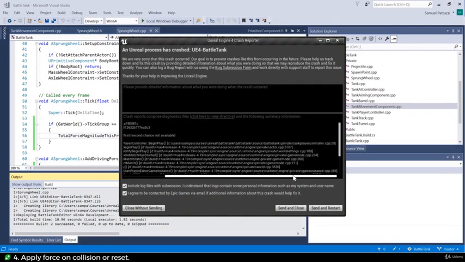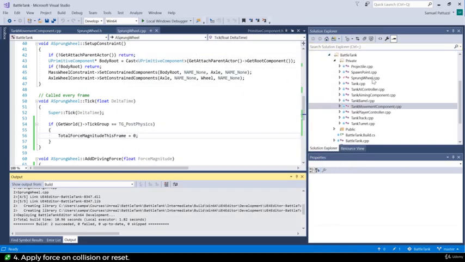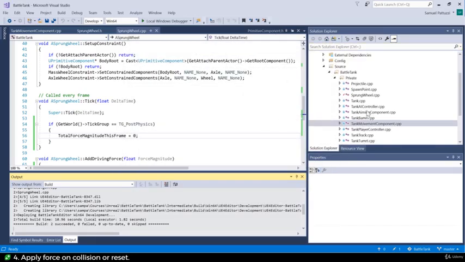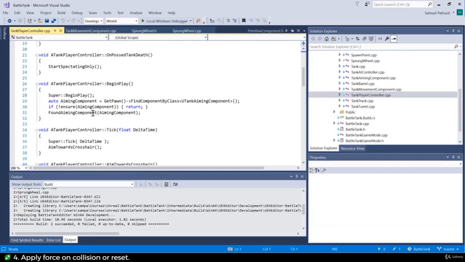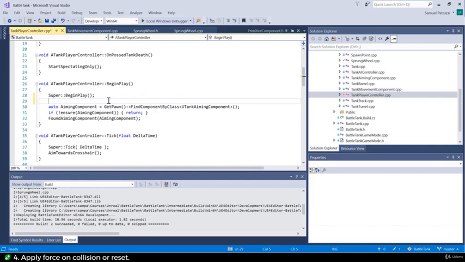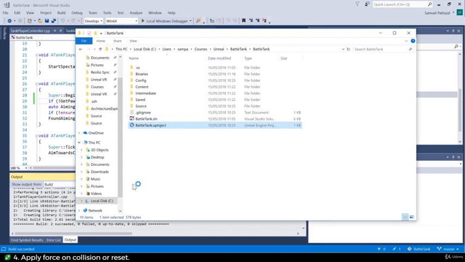Oh dear, looks like I've got a bit of an error in my begin play. I'm not sure why that's happening. That's the tank player controller begin play. We can investigate that very, very quickly. So the tank player controller CPP, begin play, what could have caused us to have a null pointer issue? Maybe get pawn in here could have had a null pointer issue. So let's just make sure that we're doing an if not get pawn, then return. That could have been a problem. Let's go ahead and build that